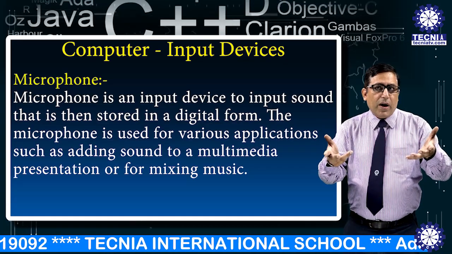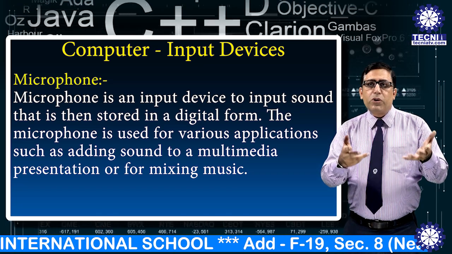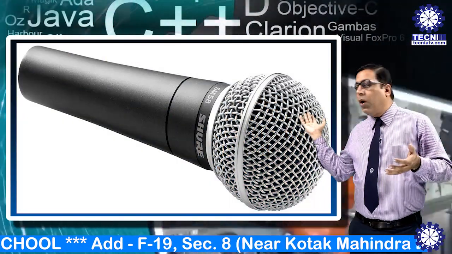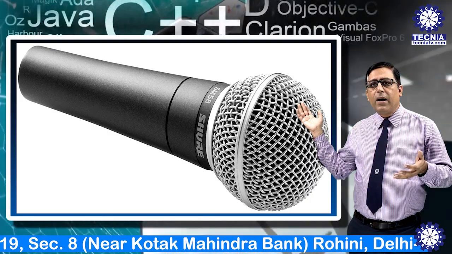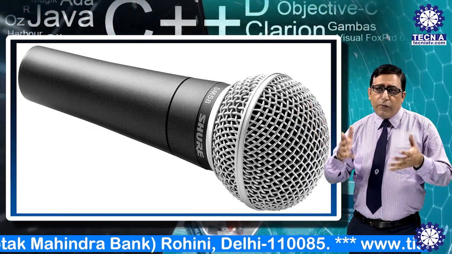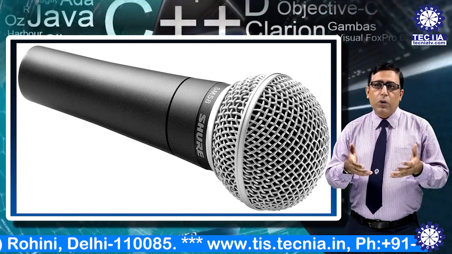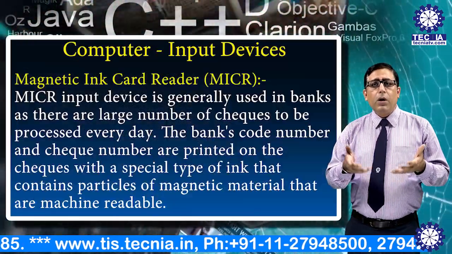The next input device is microphone. Microphone is an input device to input sound that is then stored in a digital form. You can see how the microphone looks like. You can see the diagram of the microphone. The microphone is used for various applications such as adding sound to a multimedia presentation or for mixing music. Now we are coming to